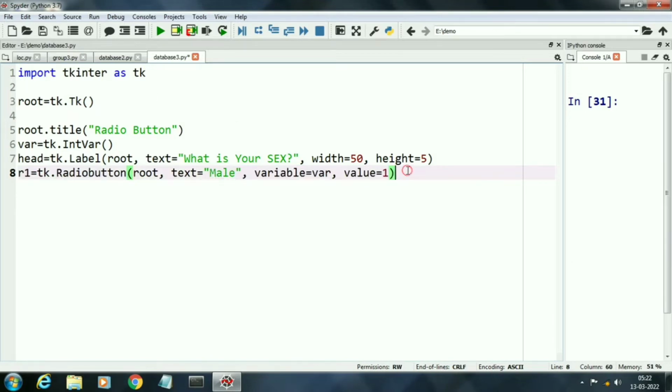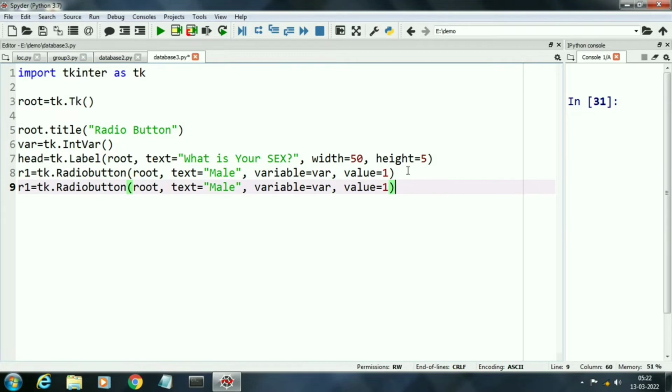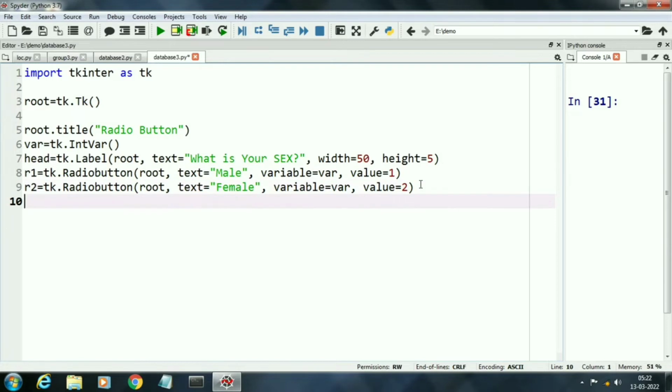Now I will create the second radio button, whose name is R2, that will show the text female and return the value 2. Here we are using the variable var, common to both radio buttons, so that at a time you can select only one radio button and it just works as a toggle key.